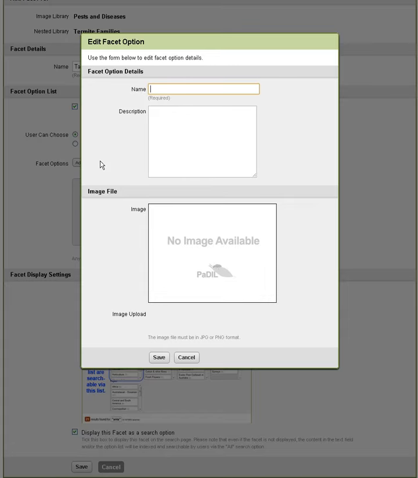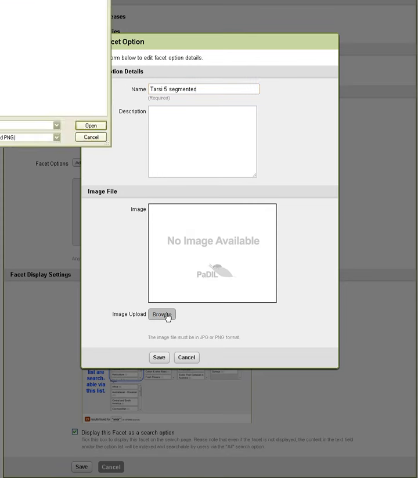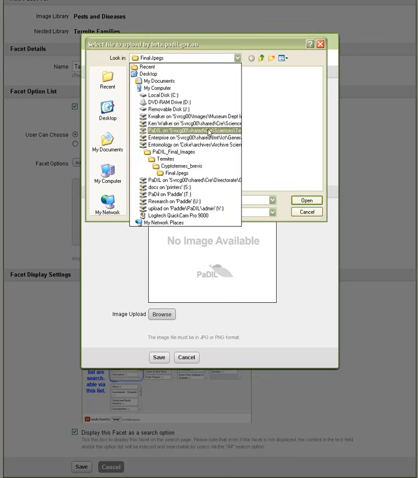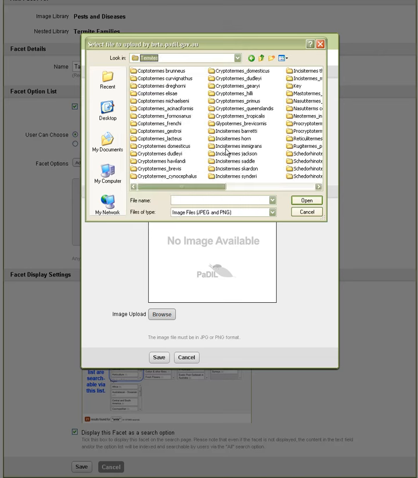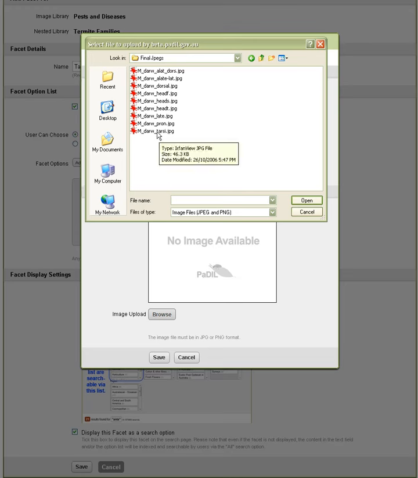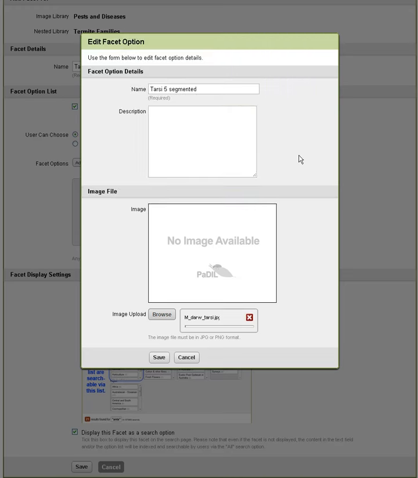And then you simply create the facet, and we say tarsi, and here's the character, tarsi 5 segmented. Now what we're going to do here now, I'd like to add an image, and all you have to do is browse to where your image is. I'll just pull this down so you can see it, and my 5 tarsi is in here in termites, and I want to go to master termes, and there it is there. So I click on that, it will draw in the image, and